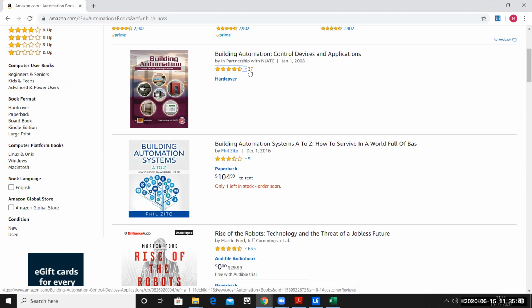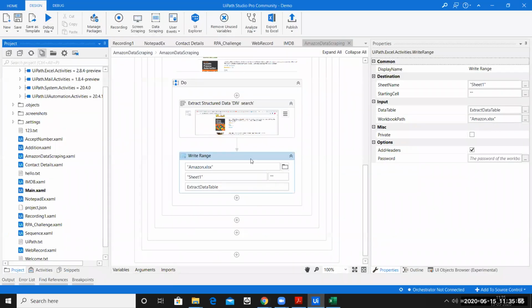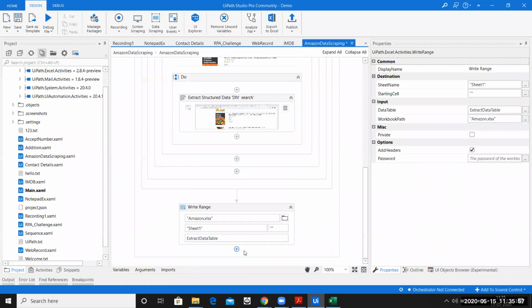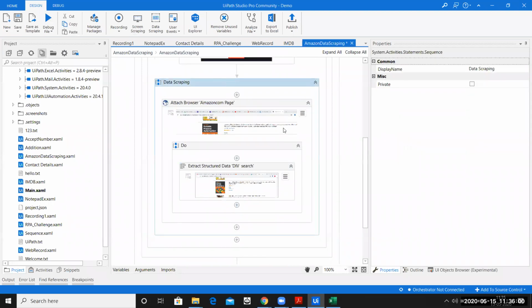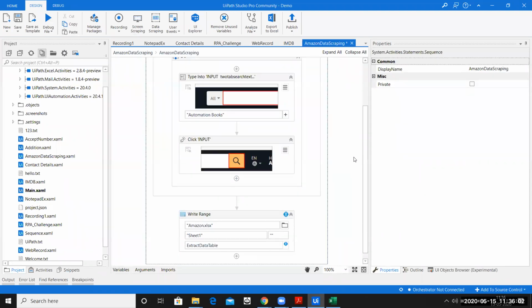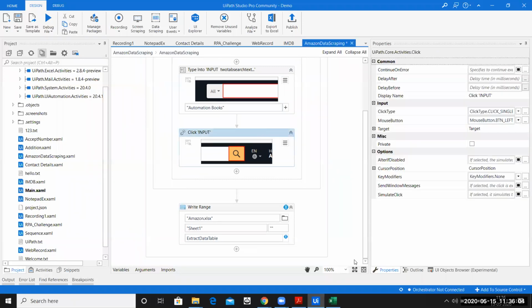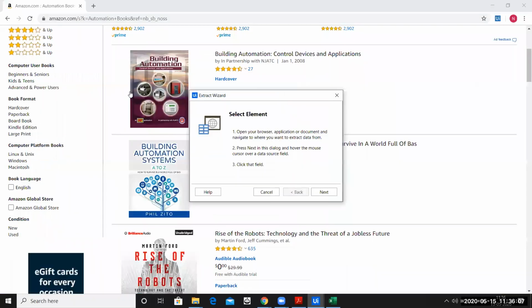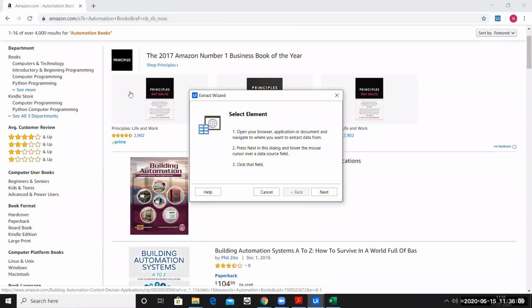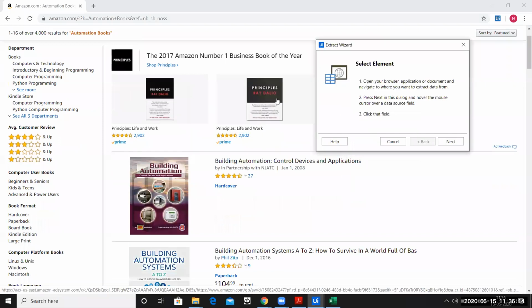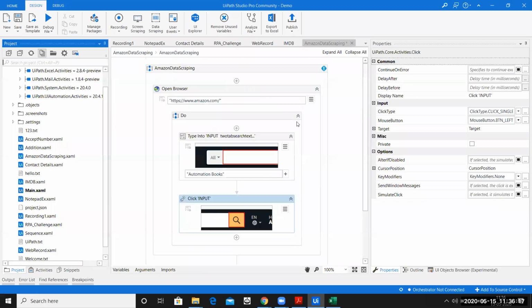So what we will do now is we will scrape two things. We will scrape the book title and the rating given for the book. So we'll do the same thing again. I'll just move it and remove the data scraping from here, and then I'll scrape the data again. So let me do that. I'll do data scraping. So we are in the first page of data scraping. Okay, that's fine. So now, ideally, let's stop that.